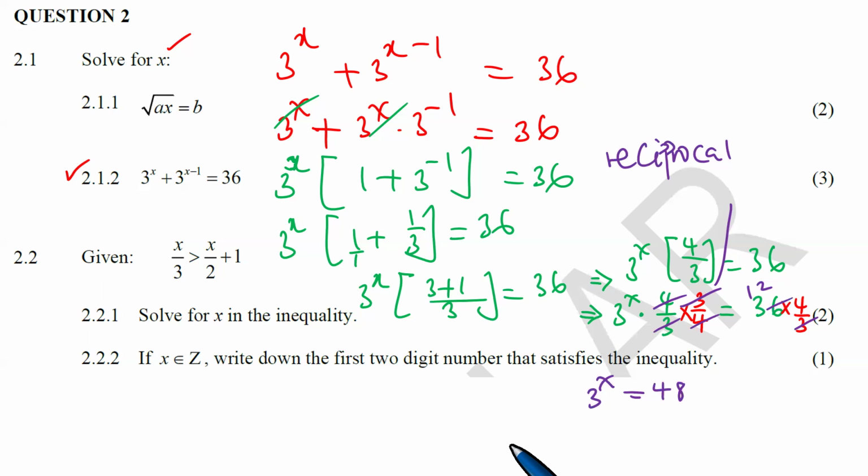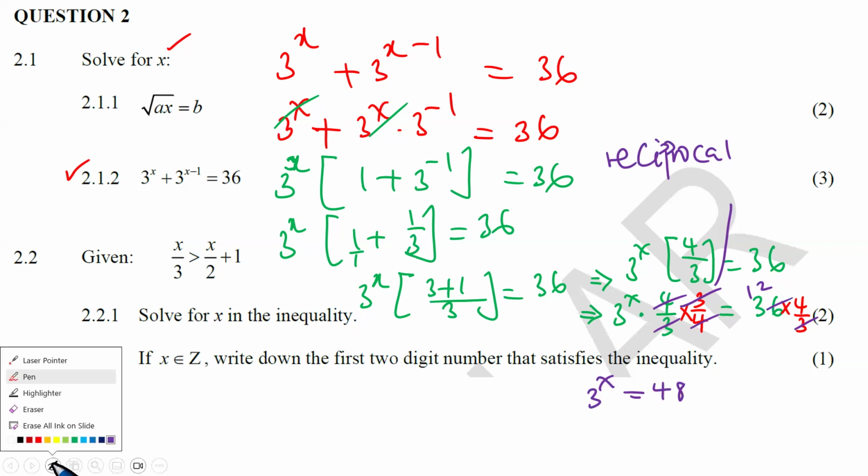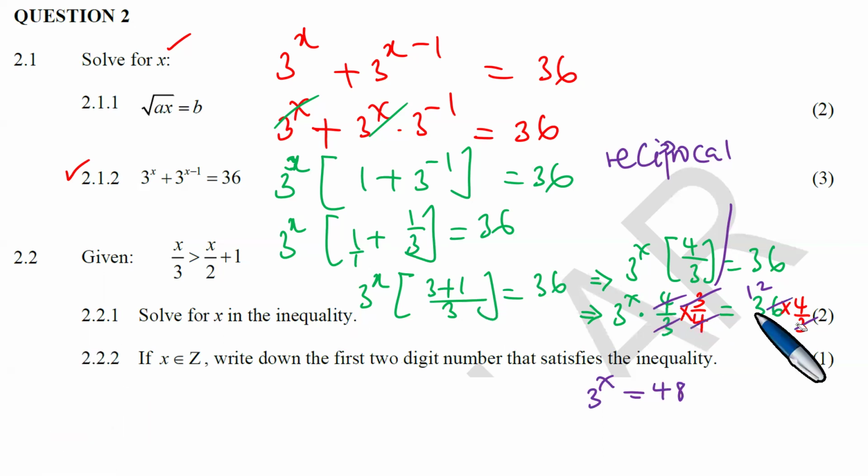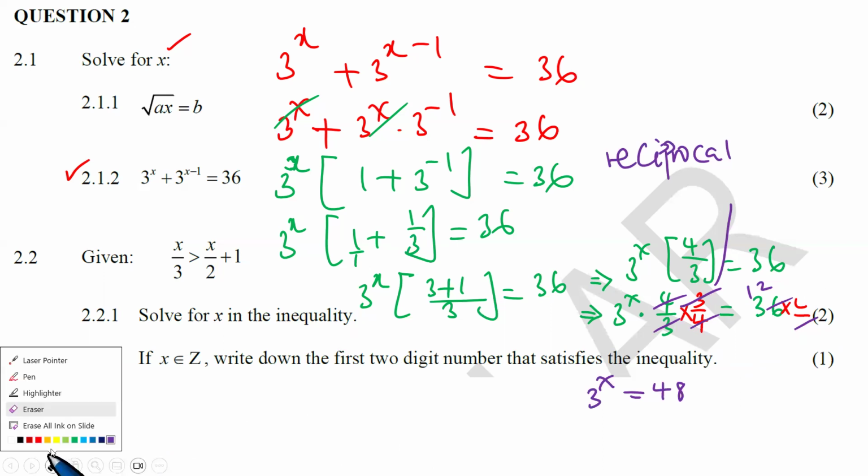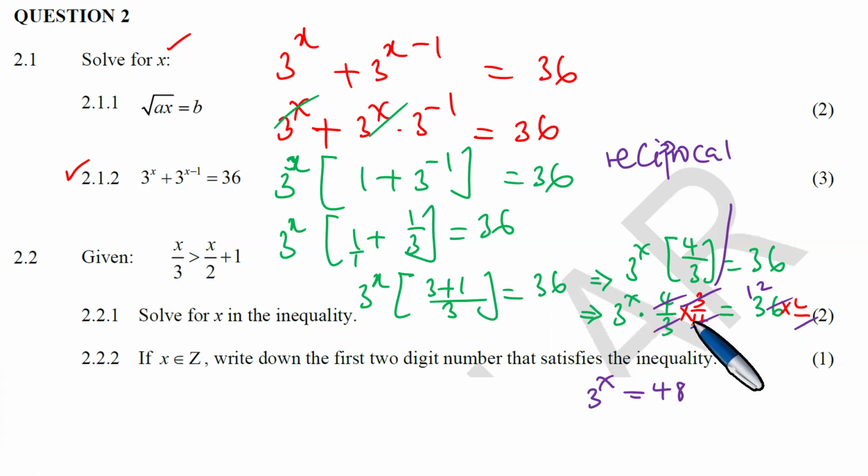Okay, there's a small typo here, because we must multiply by 3 over 4, so this must also be 3 over 4. This one, the red one, must be the same, because whatever we do on the left must be done on the right. Whatever we do on the left must be done on the what? On the right. Why did we multiply by the red thing? Because we wanted to remove